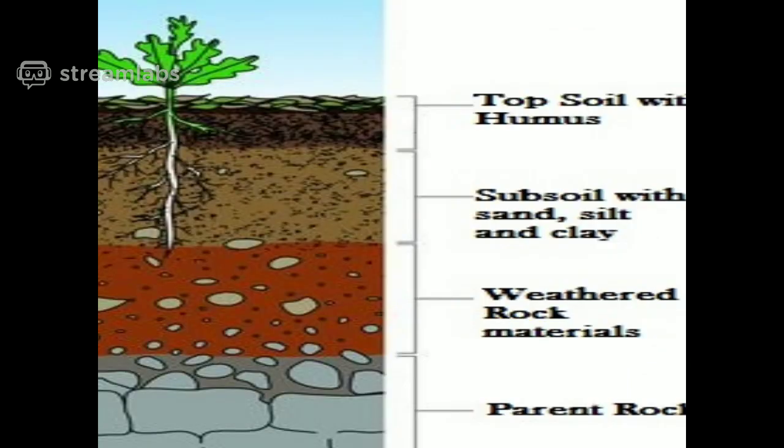Now we look at the next picture. We come to soil. You might have studied this under science as well. Now what is soil? Soil is the thin layer of land, you can say the surface of the earth. Soil is the thin layer of grainy substance covering the surface of the earth. It is very much part of the land.